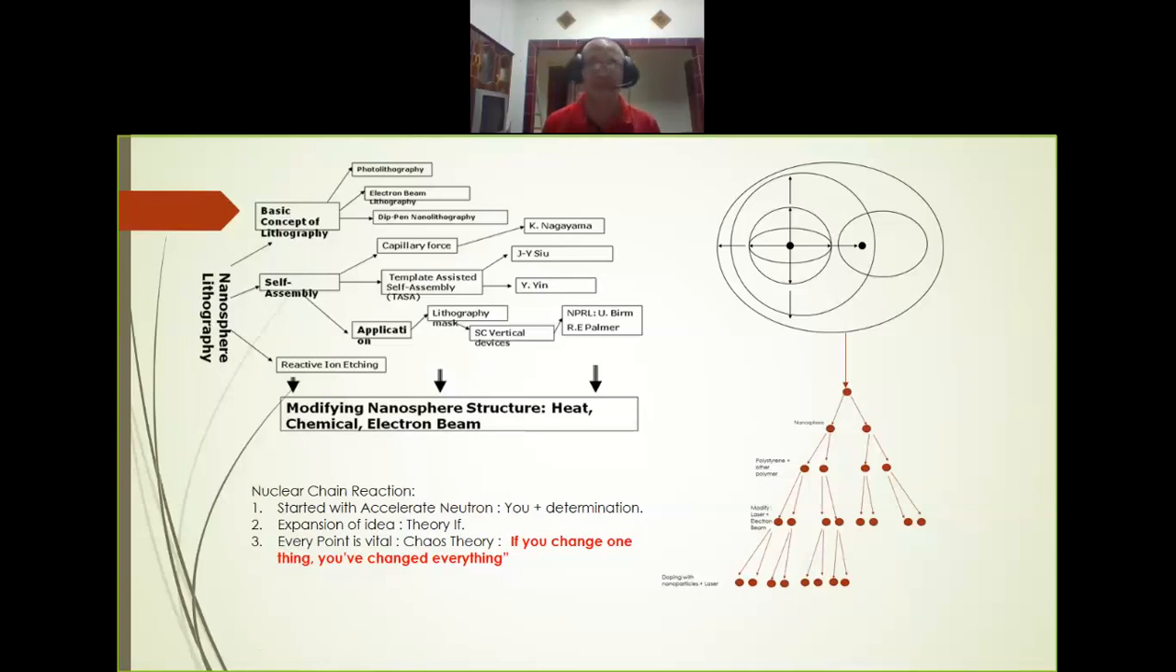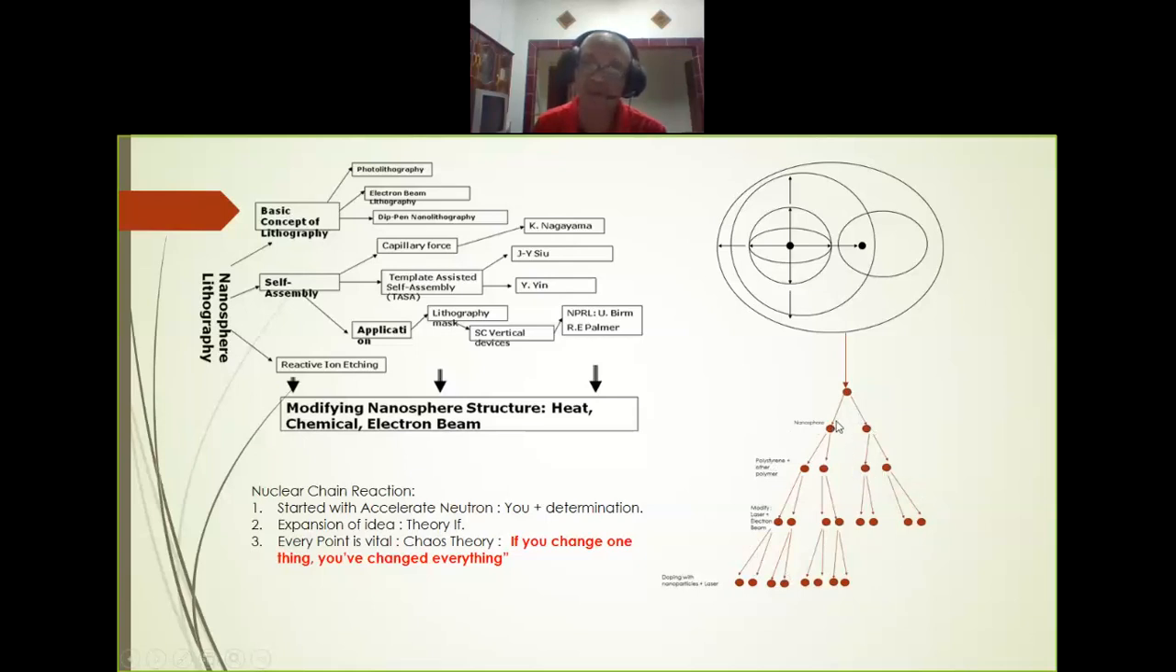So in chaos theory, if you change one thing, you have changed everything. Meaning that from the starting point of something you are interested in, you do another step, you get two new things to explore. Okay, you take another step, and the chain reaction will happen. So that's why this is also called chaos theory,